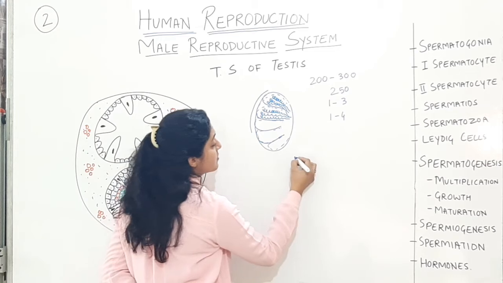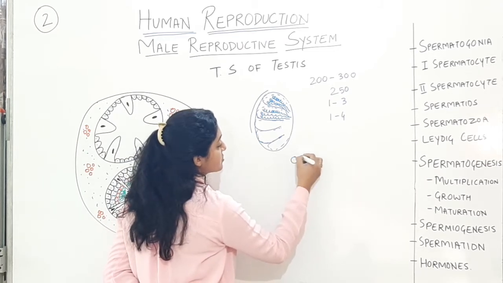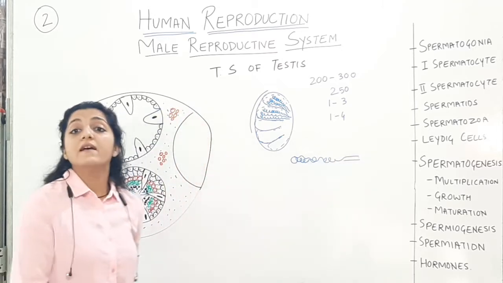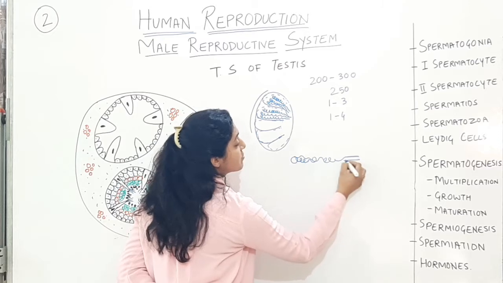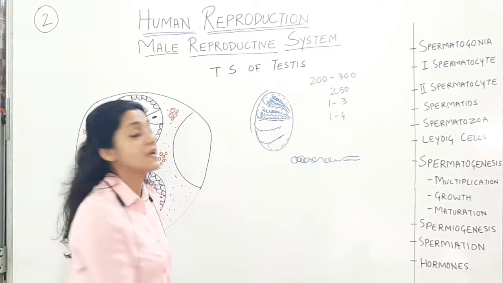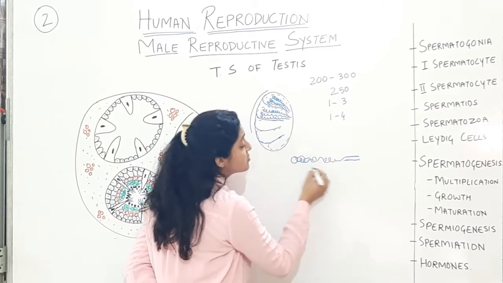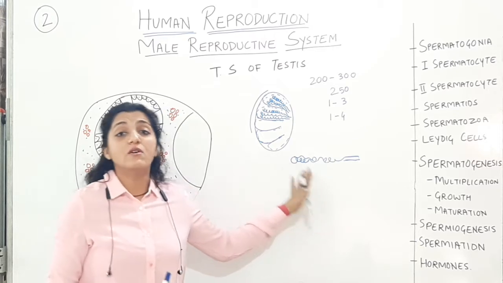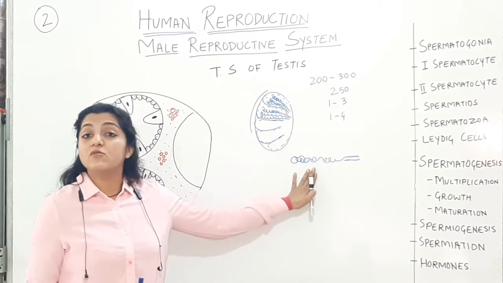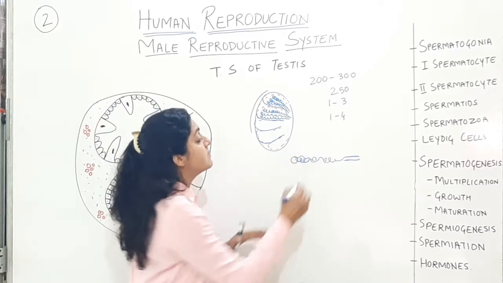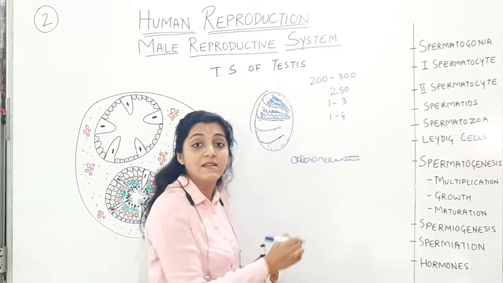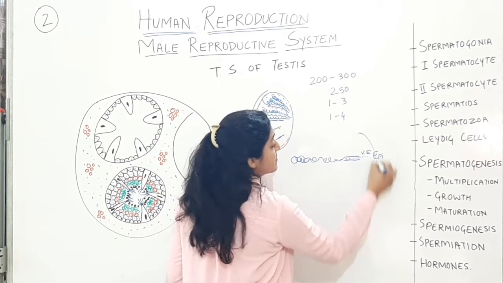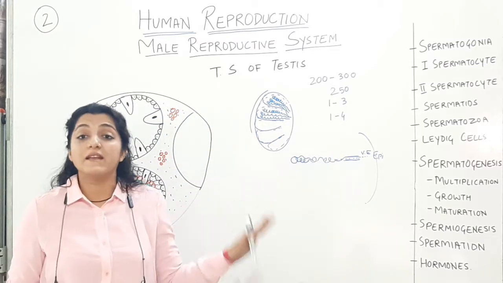So ये जो seminiferous tubule है, वो एक side से closed रहेगा. It will be a structure which is closed from one end and open from the other end. This is from where this portion, this straight portion of the tubule is called the rete testes. And from here, whatever is produced in the seminiferous tubule, हमने discuss किया है seminiferous tubules are the structural and functional unit of the testes. यहीं पे spermatogenesis होता है, that is production of sperms. And from the seminiferous tubule, sperms will be going to the rete testes. Rete testes से vasa efferentia के through sperms will go to the epididymis. We have discussed all the parts of the epididymis in the last lecture.